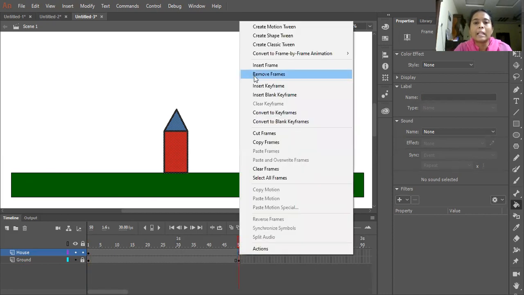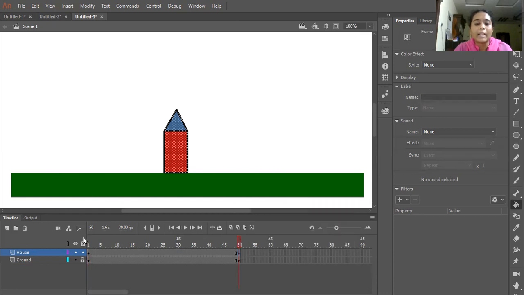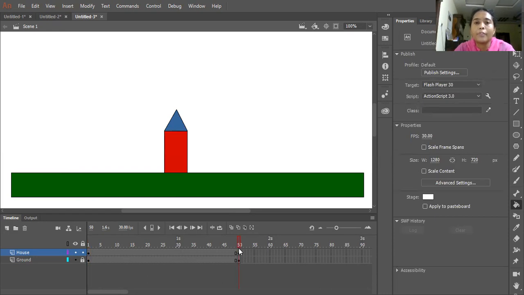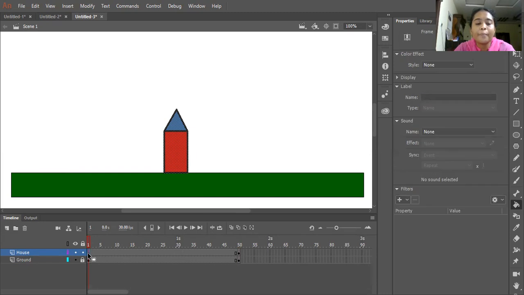Just give a right click and click on insert keyframe. It says that in the execution time, when I execute, from the first frame to the 50th frame, the house needs to appear. So my module is to disappear a house. When it reaches the first frame, the house needs to appear, and when it reaches the last frame, that is the 50th frame or 100th frame according to your selection of frames, it needs to disappear. So for that, what I need to do is, you just select the house layer,